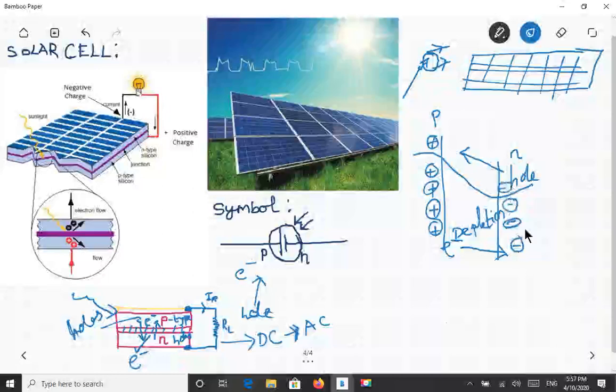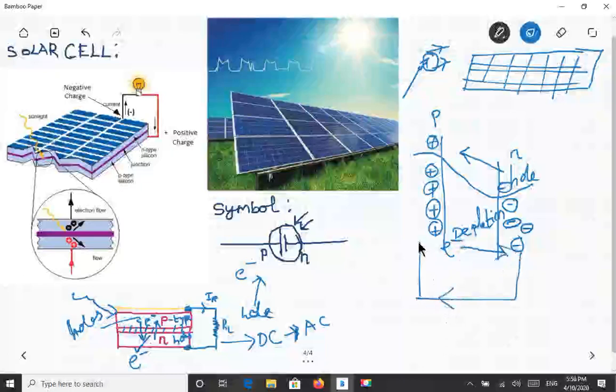So now the equilibrium will be disturbed. There will be a voltage difference, because there is a positive here and a negative here, and once a voltage difference has been created, the electron will start to flow, which produces the current. So this is a cycle. The electron minority carrier generated will go towards the N-type, and the hole generated in the N-type will go to the P-type. Then the voltage has been developed by the incident photon and the electron will start to flow.